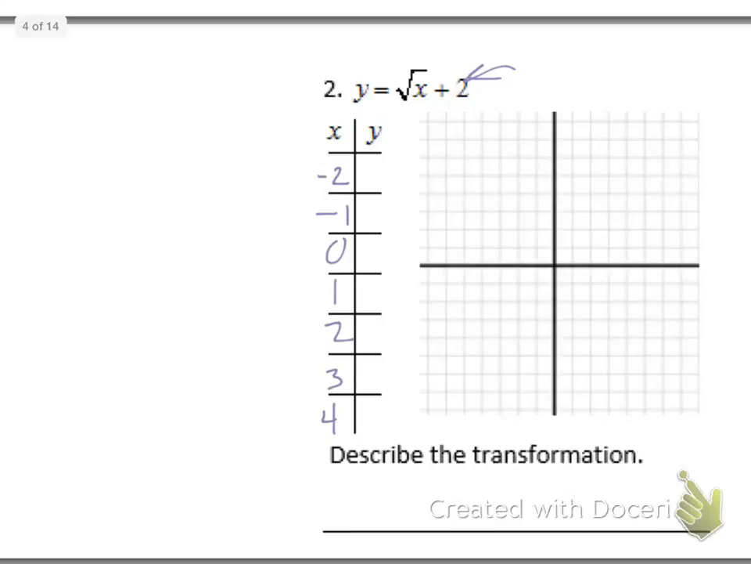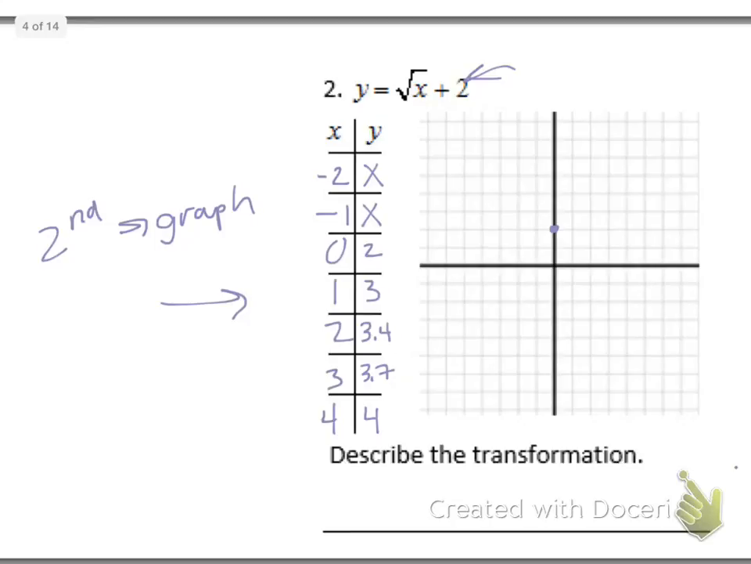If you press second and then graph, it will give you the table. So I'm going to fill in this table based on the table after I graphed it. So this is the table you should get. -2 and -1 don't work because you can't have the negatives under your square root. So I'm going to go ahead and graph them. So I got 0, 2, I got 1, 3,